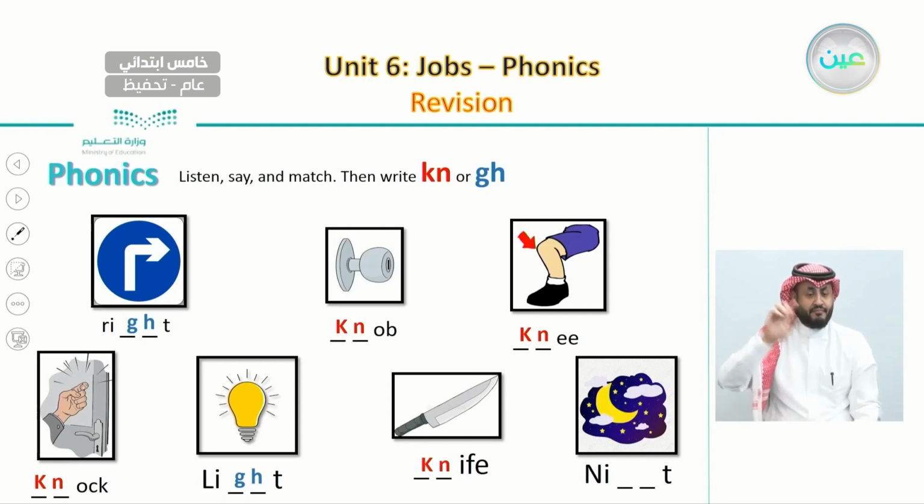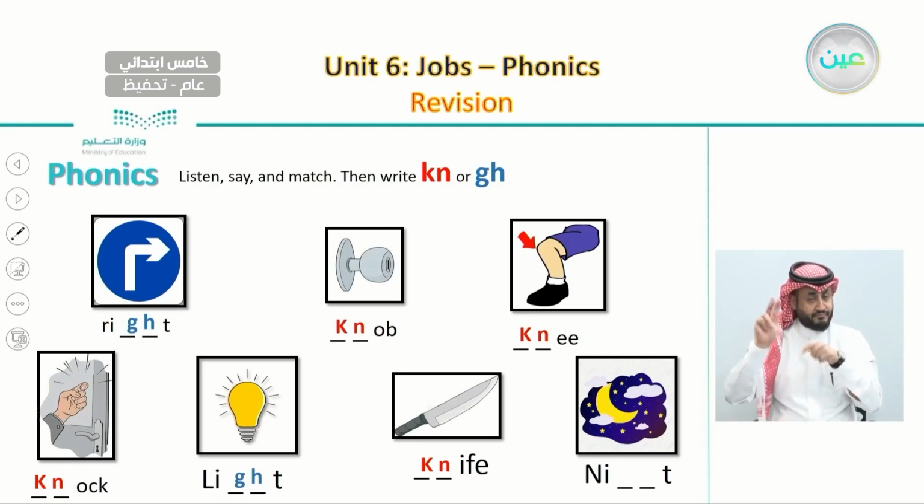And another word, which is knife. So here we have K-N-I-F-E, knife. So here we wrote the letter K, but we don't say it, we don't pronounce it, we only